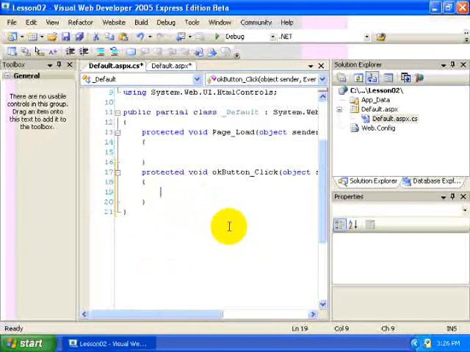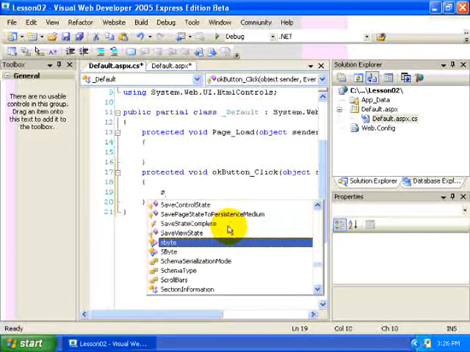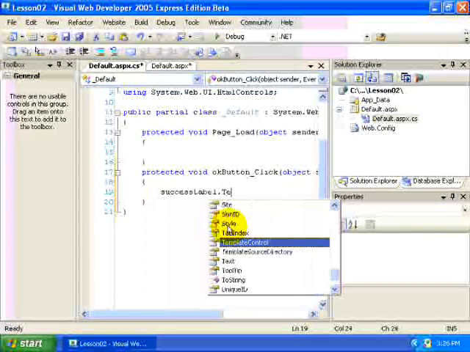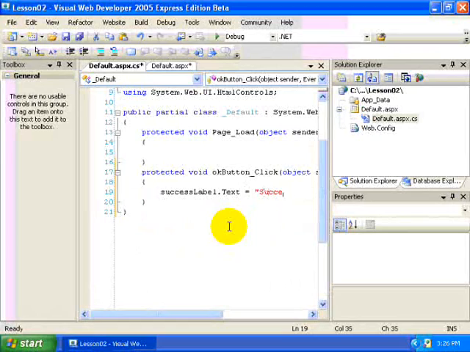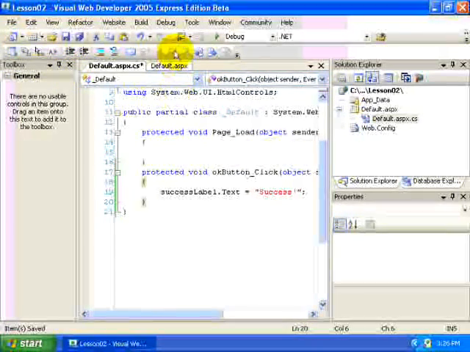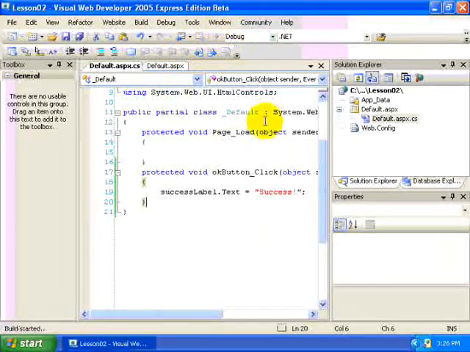So in this particular application, we might do something like this. We're going to change the success label .text property equal to success. So whenever they change or they add some information